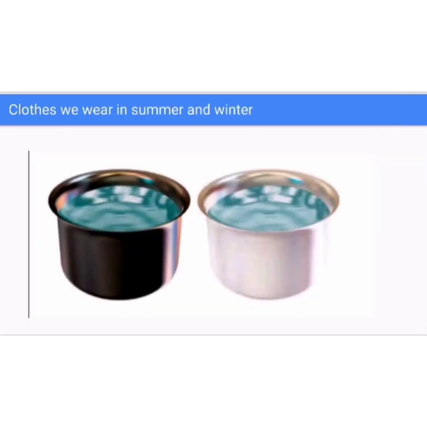Now let us move on to the clothes we wear in summer and winter.